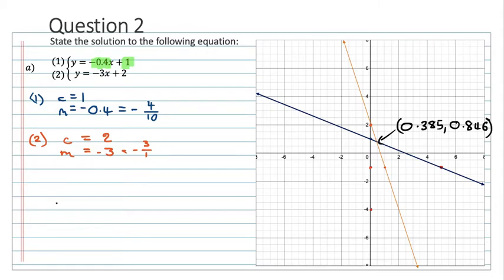So in this case, our x and y for these equations is 0.385 and 0.846. So these would be our solutions, x and y, for these equations here. Now going down to one more example,